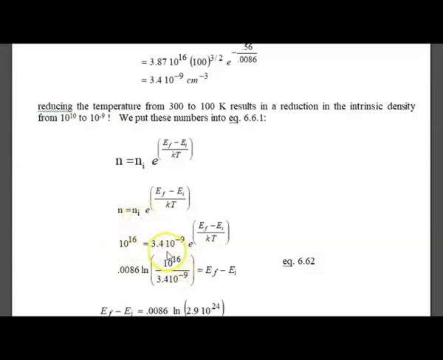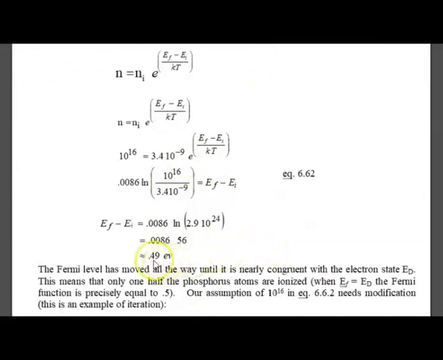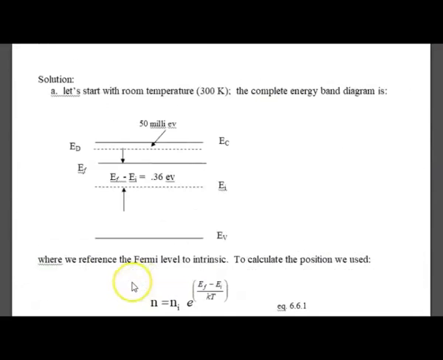N sub I is this almost unbelievably small number. Take the logarithm of both sides, and 0.0086, that's kT, times the logarithm of 10 to the 16th divided by this very small number. That's what we're looking for, and we get approximately 0.49 electron volts. 0.49 electron volts above intrinsic. So look at what's happened here. This is intrinsic. We jumped from 0.36 right up to 0.49, which is essentially just about 20 millivolts under E sub D,